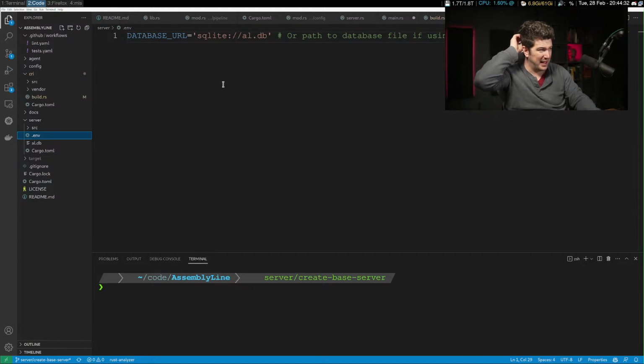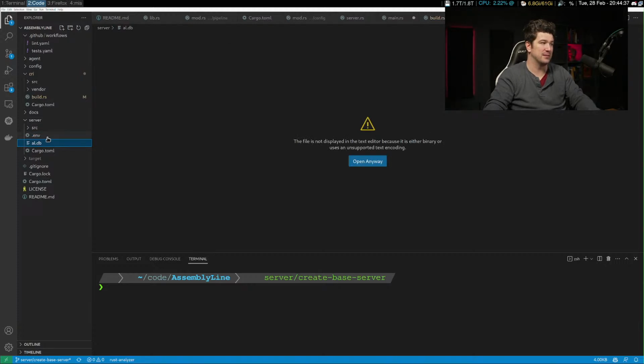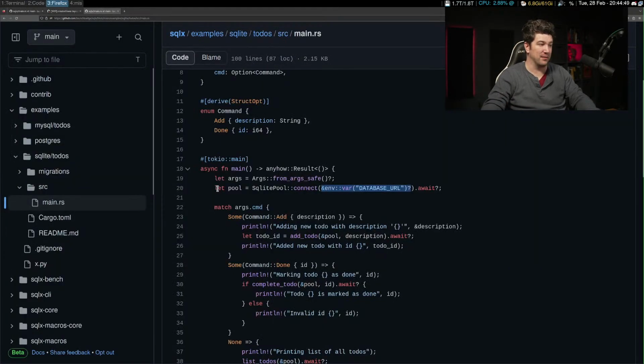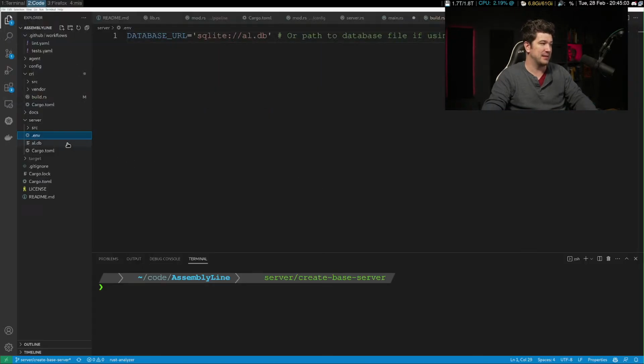This has to exist, and this database has to exist. This is an SQLite database. I checked in with it. If it doesn't exist, this will fail. If you try to put this as not an environment variable, as like a command line argument, it will fail. And if you make it this environment variable, it actually checks at compile time that this database exists that's in this environment variable.